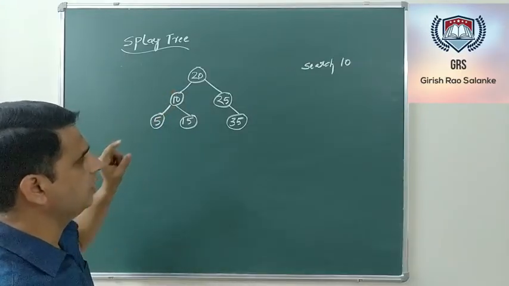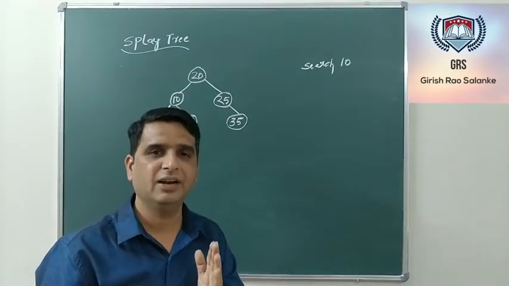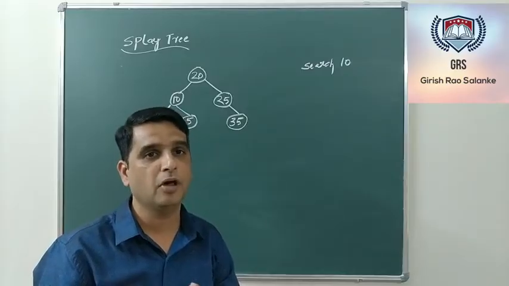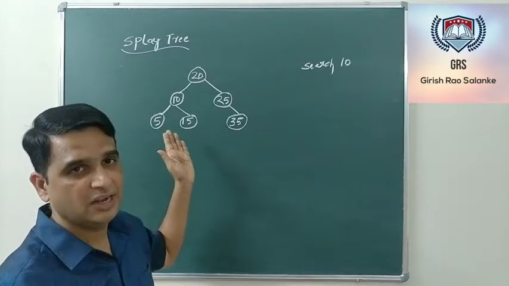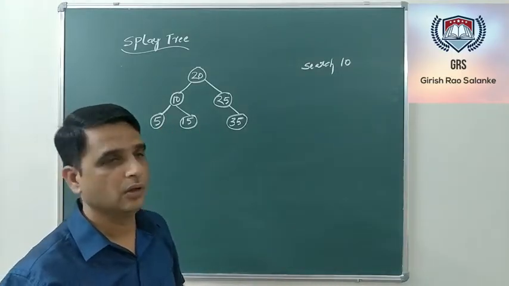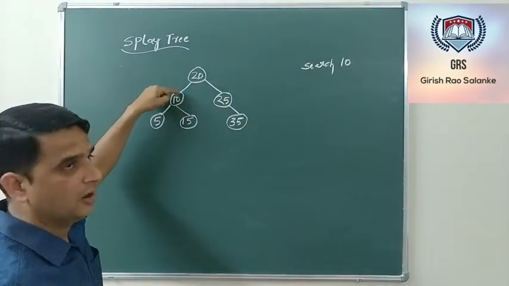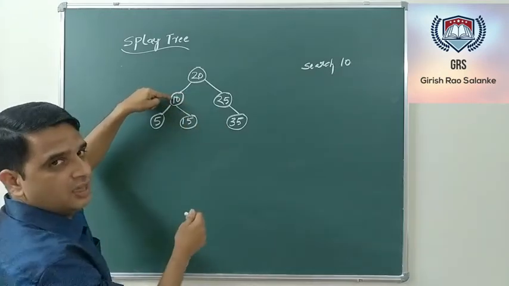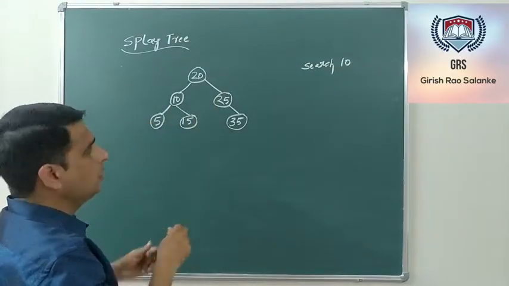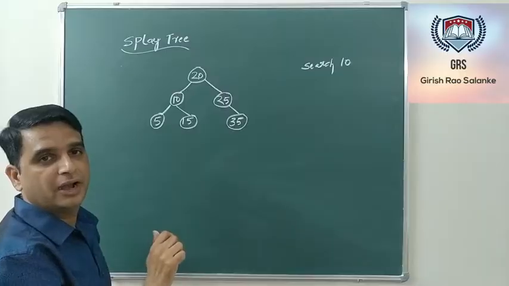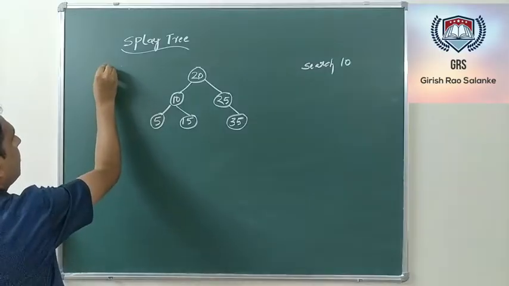Note that I have told that we need to perform the regular operation as in a binary search tree. After performing the regular operation, I need to perform the rotation operation so that I make the recently accessed key, or the recently accessed element, the root node. In this case, as I am searching 10, after searching 10, the search operation is complete. Now I need to make this 10 the root node. Now, how to make this 10 the root node? Perform a right rotation. Note this right rotation in case of a splay tree is called the zig operation.